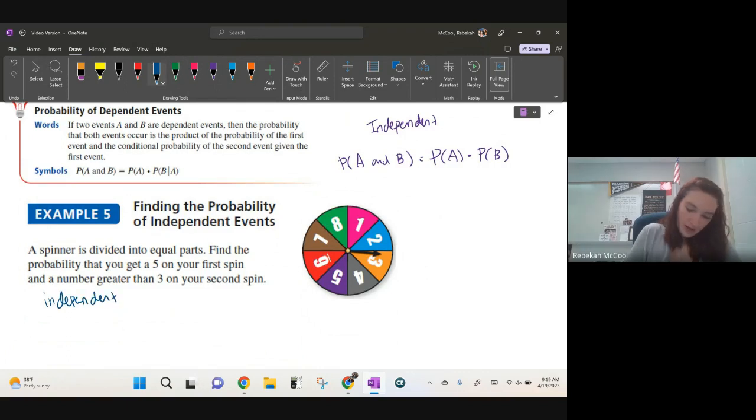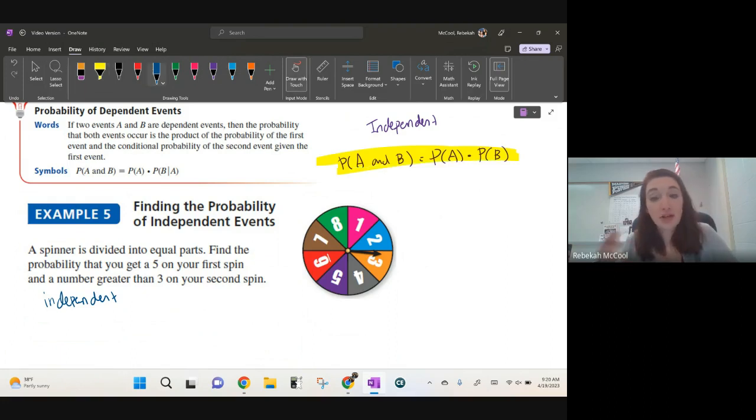So I know I'm going to use the rule here for independent events. The probability that both of these things happen is going to be the probability of their individual things happening, and that's the product. So first, the probability that you get a 5 on your first spin. Since all of these parts are equal, I see that 5 takes up just 1 space and that there are 8 total spaces. So that probability should be 1 out of 8 times